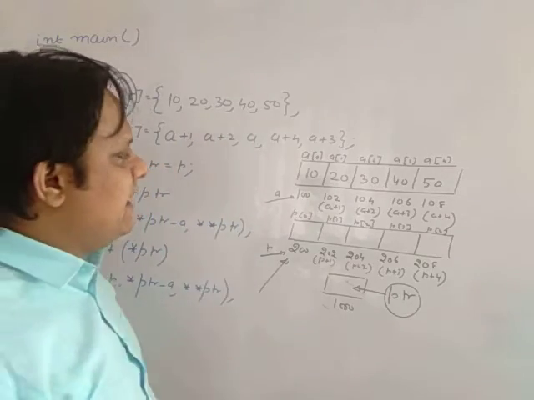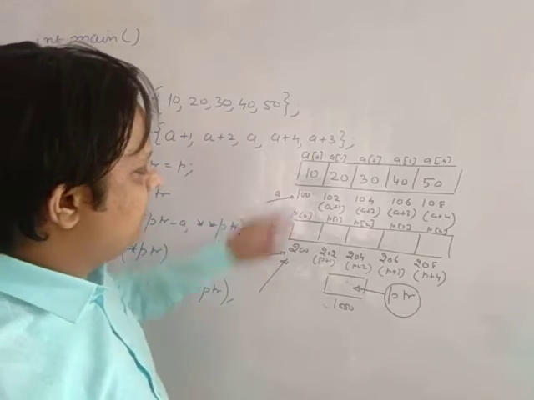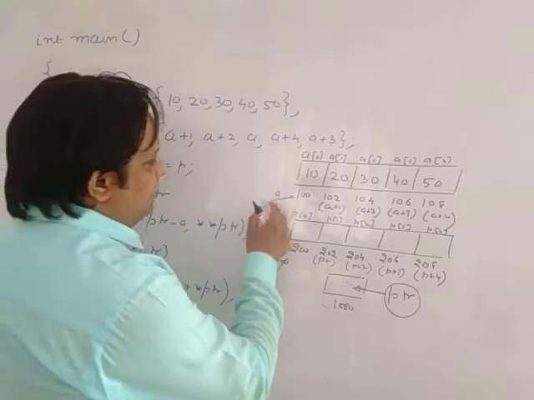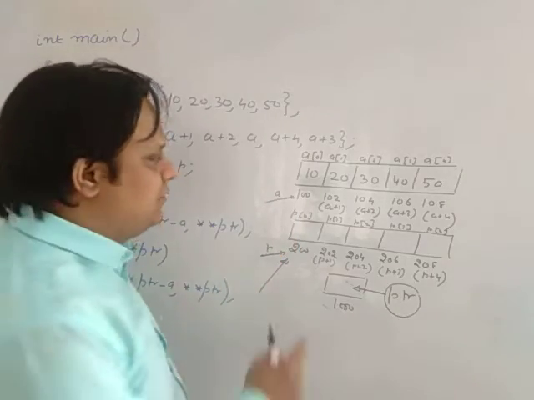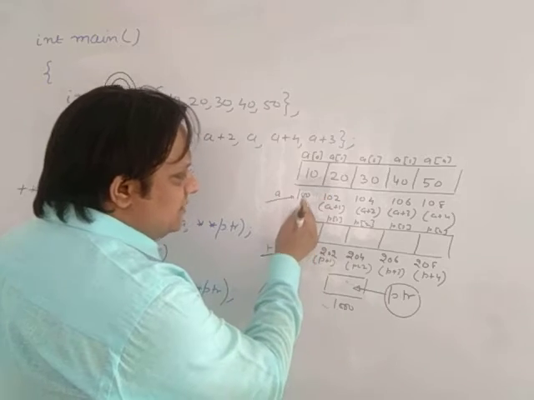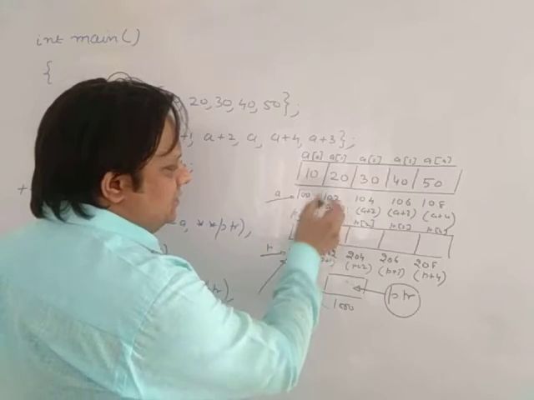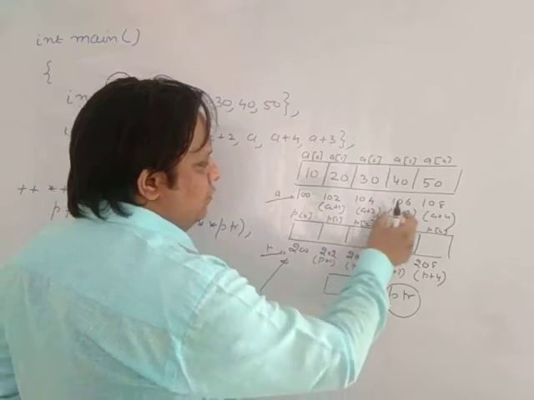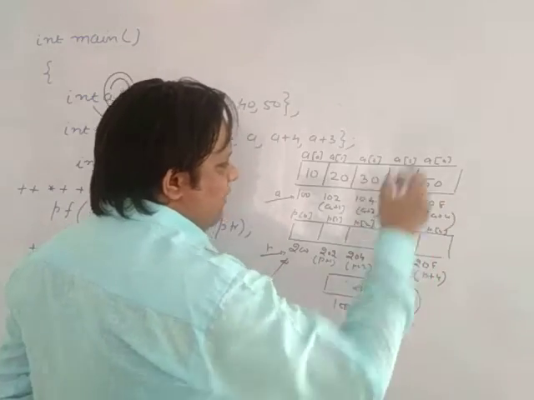And I have told you many times that name of array means what? The base address of the 0th element of the array. So if somebody asks you what is the value of a, the value of a is 100. And moving further, a plus 1 means the next address ahead. a plus 1 is 102, a plus 2 is 104, a plus 3 is 106 and a plus 4 is